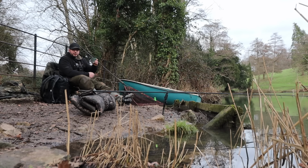Coffee update time then. I've managed to make myself a coffee and I've just sat in a chair now watching the water, and I just wanted to talk a little bit about fish location and watercraft. Now, in the winter, it really does pay dividends if you can locate a fish, and location is